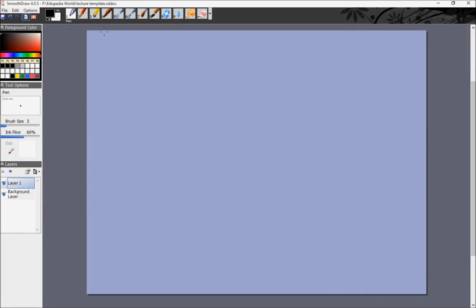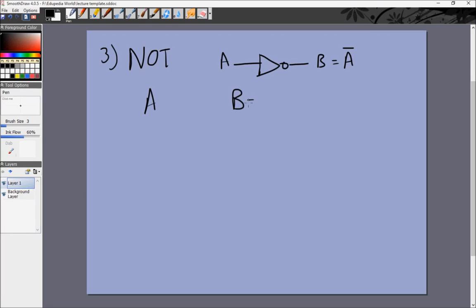But there is a third type of logical function, the NOT function, which only takes one variable. And the symbol for the NOT function is this. If this is A, the NOT function is B, which is also symbolized as A bar. A bar means not A. And the truth table is pretty clear in this case. If A is 0, not A is 1, and if A is 1, not A is 0. However, this cannot be realized by a PN junction diode, and we actually need a transistor to realize the NOT